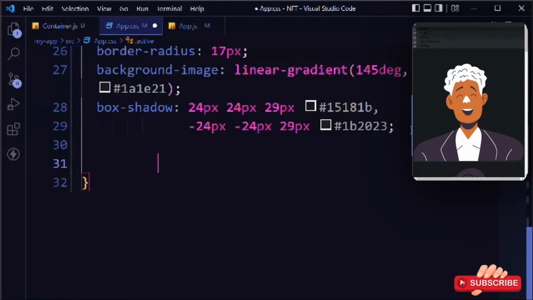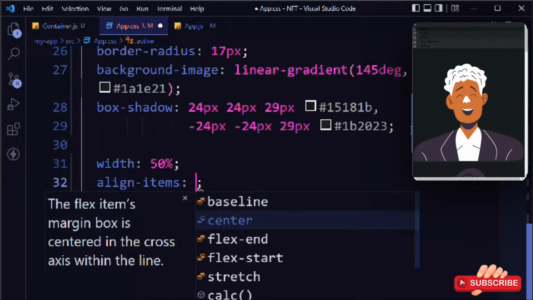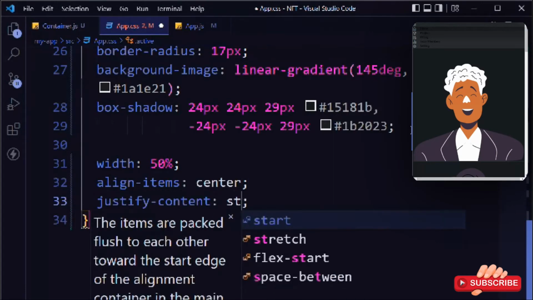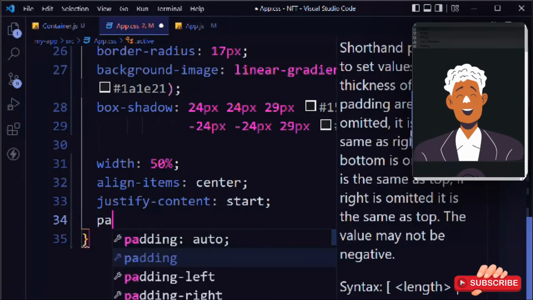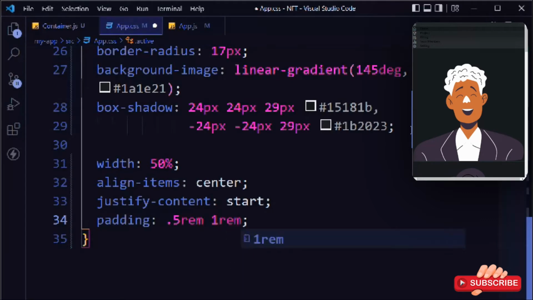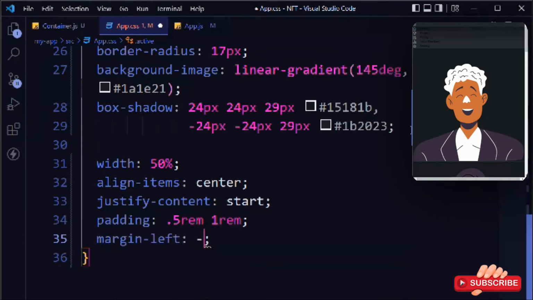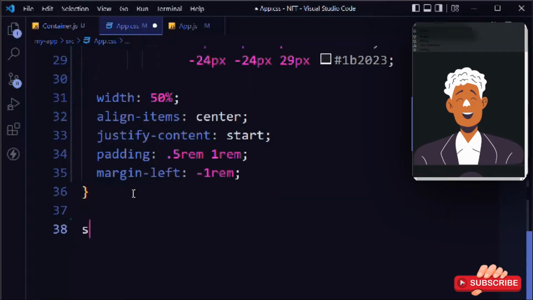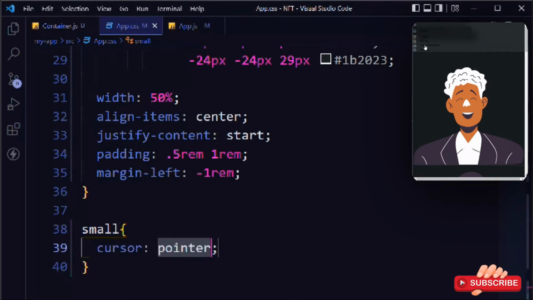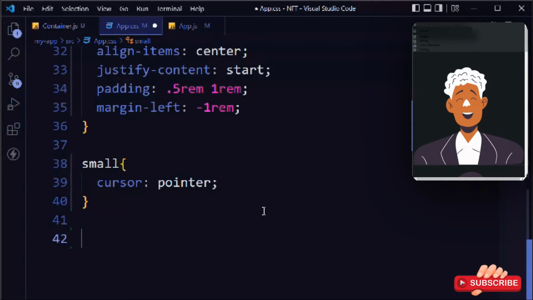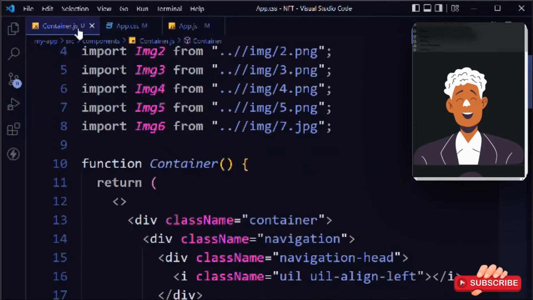Let's come down, width is going to be 50%, align item is going to be center, justify, content start, and padding is going to be 0.5 RAM and 1 RAM. Margin left is going to be minus 1 RAM. We'll target the small and cursor pointer, so we'll have this cursor pointer, and here we're going to target our main container. Let's come here, simply grab the container,